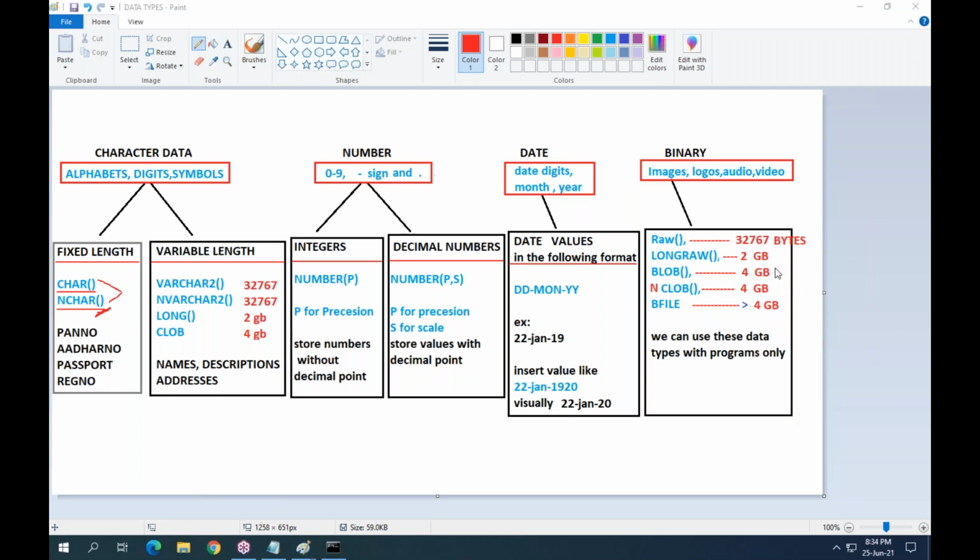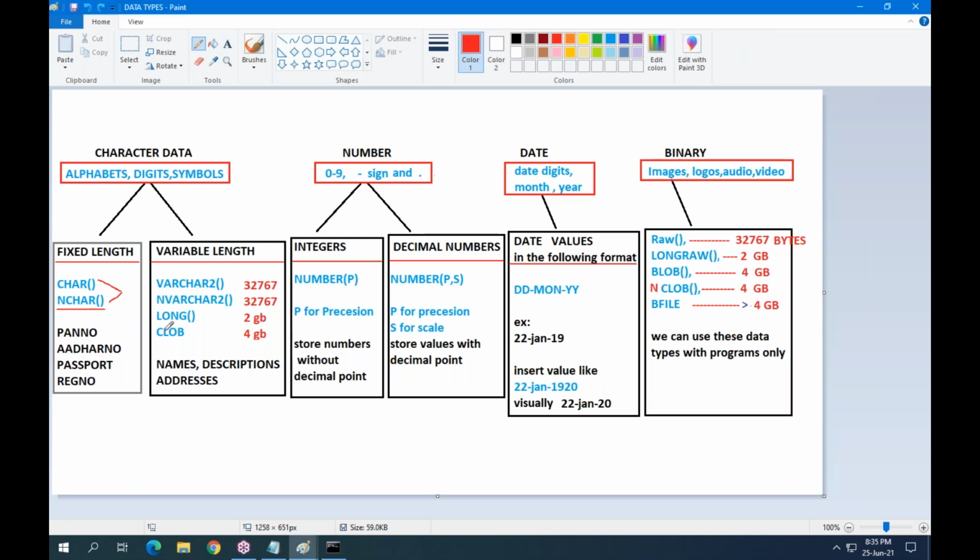At all these 3 levels, if the global languages are supported, then only you are able to store global language data. Next one. I hope everybody is clear about this.